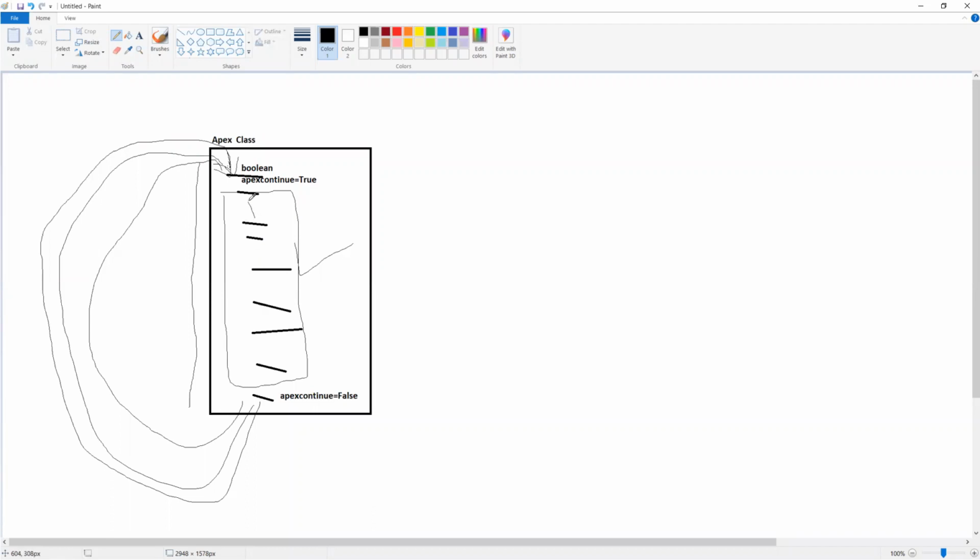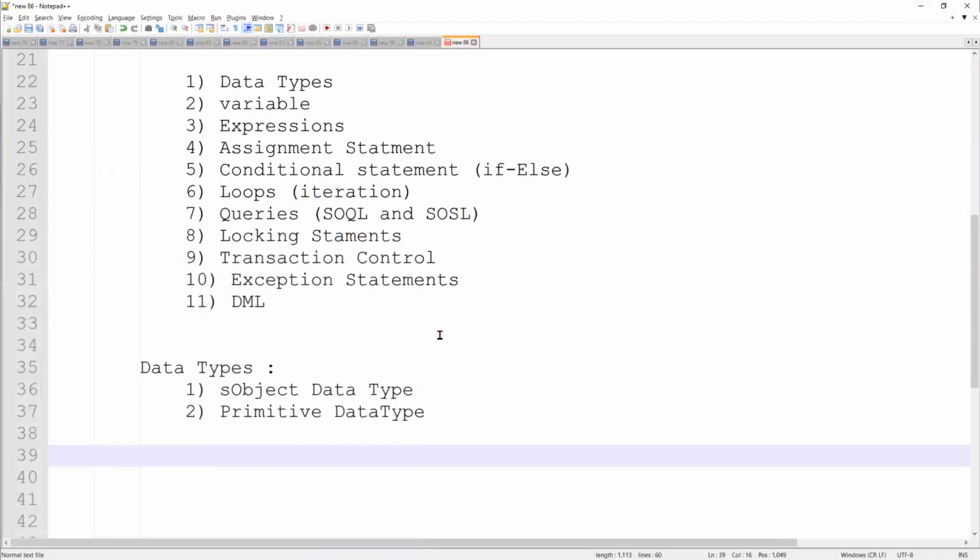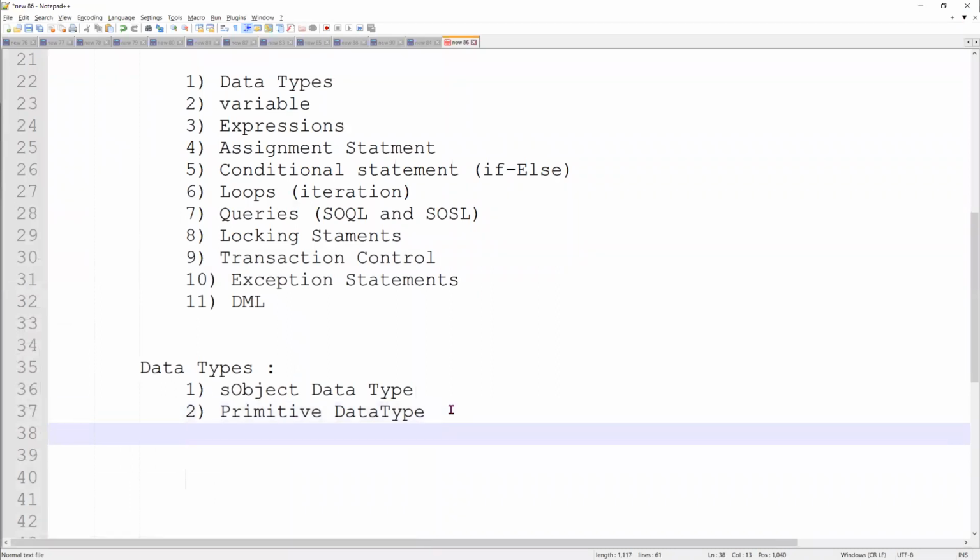In case it is false, check the starting of this condition. In case it is false, do not execute. So this is one scenario in real time where we use the primitive data type. And the next data type is,